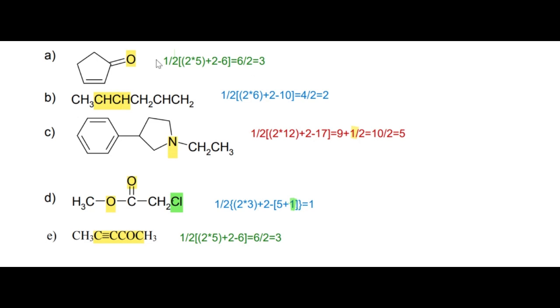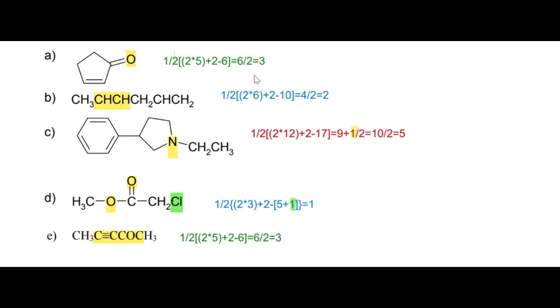Similarly, the example to calculate the IHD. According to the formula, we have 1, 2, 3, 4, 5 carbon atoms, and this will be written as 2 into 5 plus 2. The hydrogens are worked out, because on this point there are two hydrogens, and one hydrogen where there's a double bond. Carbon makes 4 bonds, we know that. There's one hydrogen, and there are no hydrogens on this carbon, because of a double bond and 1 and 2,